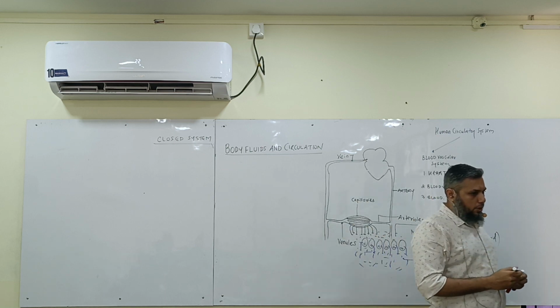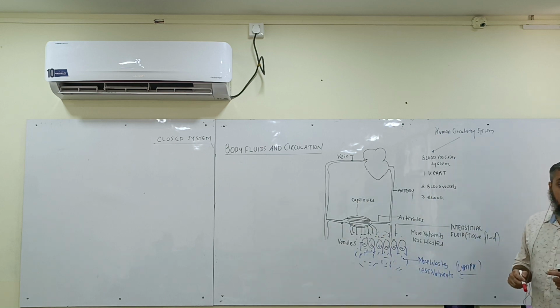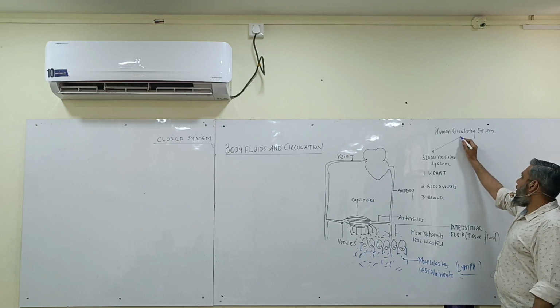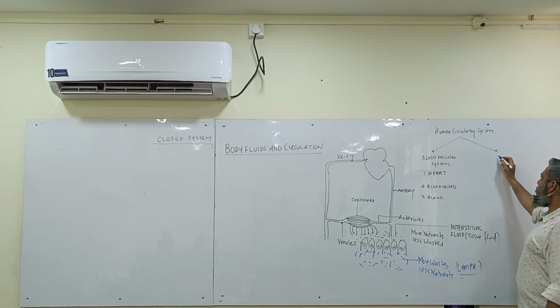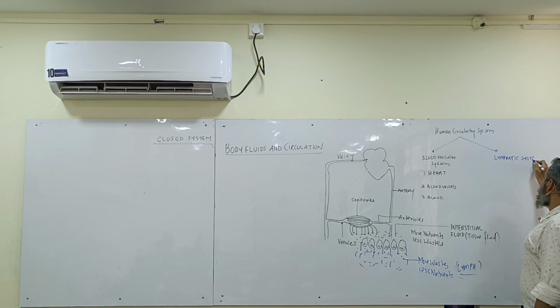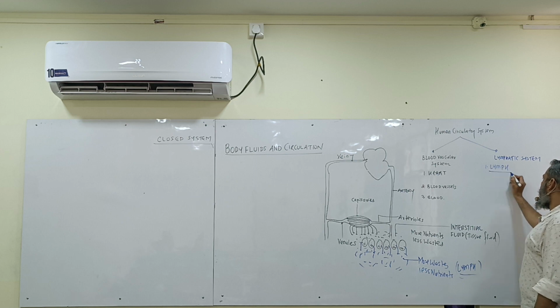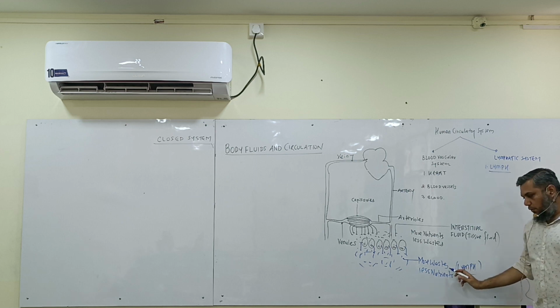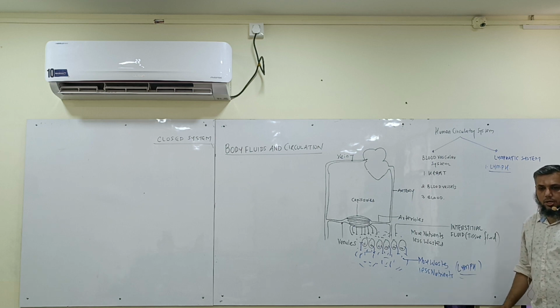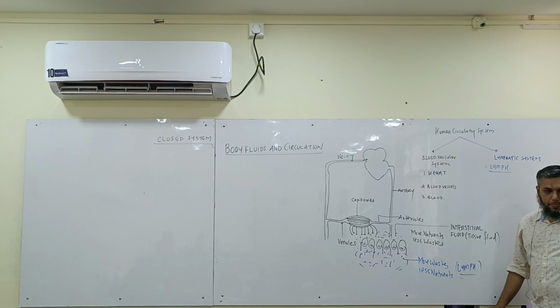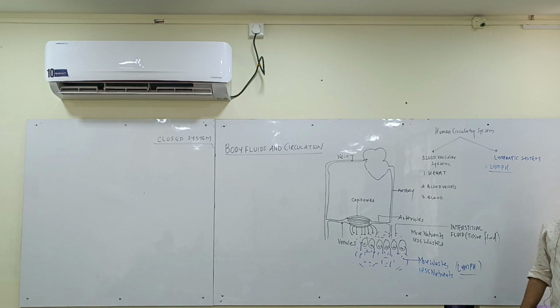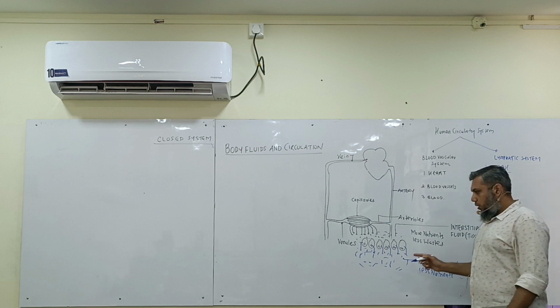But the story does not end here, because there is formation of the drainage fluid, and which fluid is that? Lymphatic fluid. So you also see another system called the lymphatic system, which consists of a fluid called the lymph, which has more waste, less nutrients, and no red blood cells. It has no red blood cells. Yes or no? Yes. Now what will happen to the lymph?